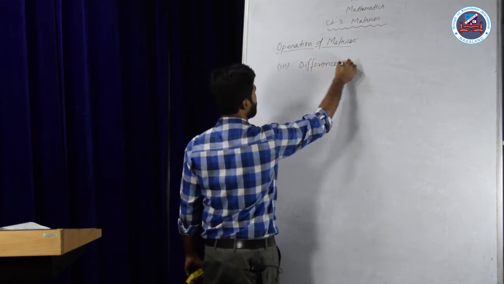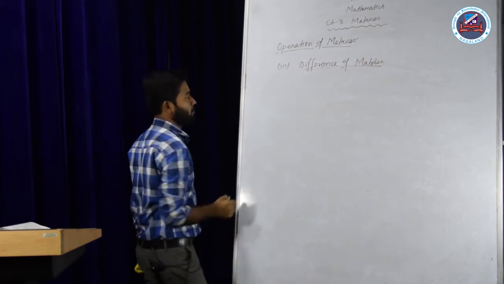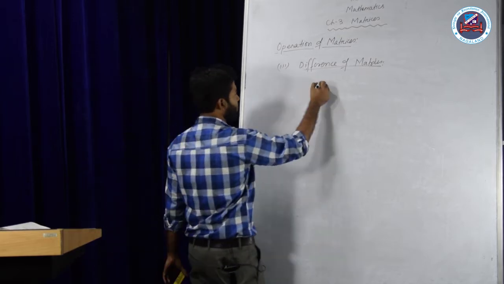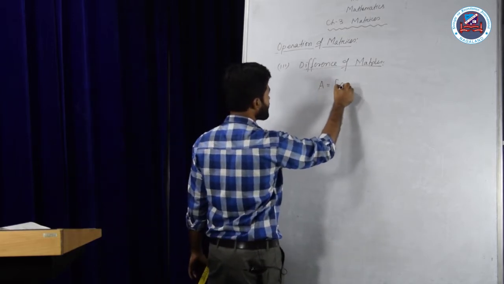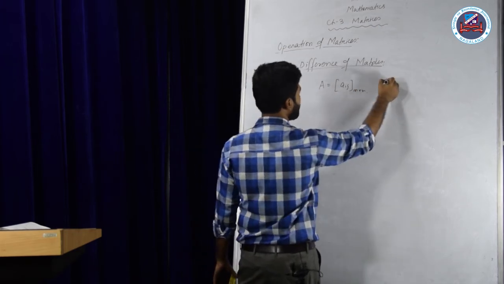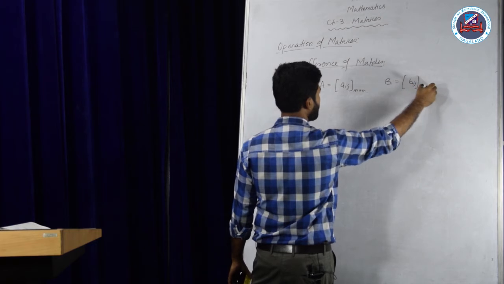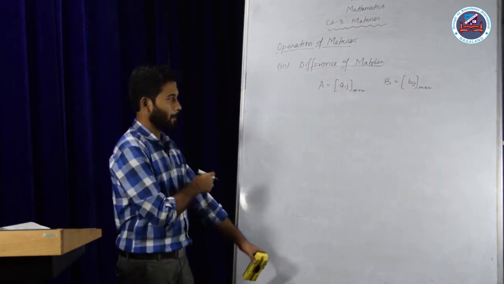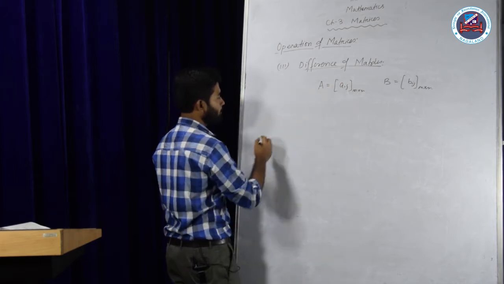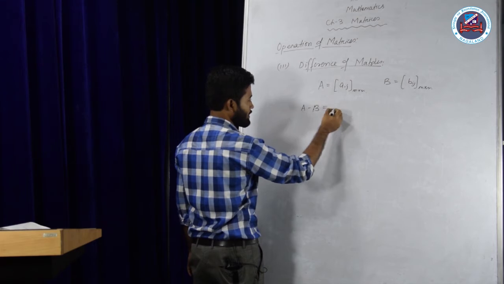Difference of matrices. Okay, so what do you mean by difference? It means the subtraction. So let me consider a matrix Aij having order n cross n, and a matrix B, suppose Bij having order n cross n. Okay. So how to do it? Here A minus B will give me some C,